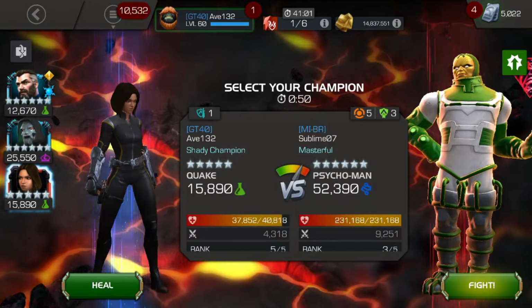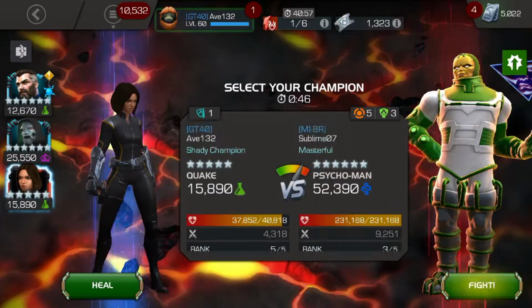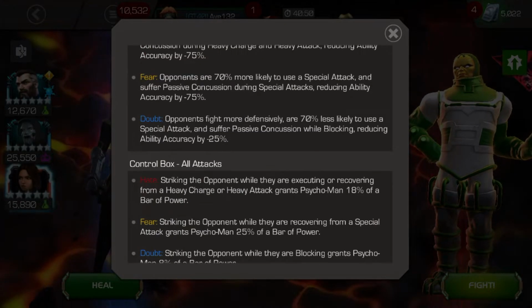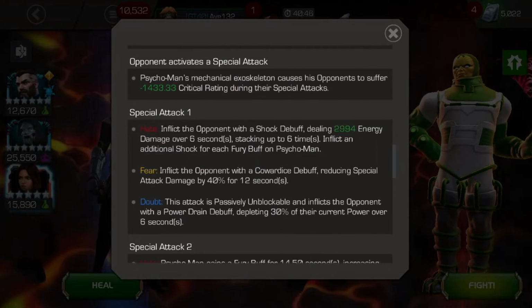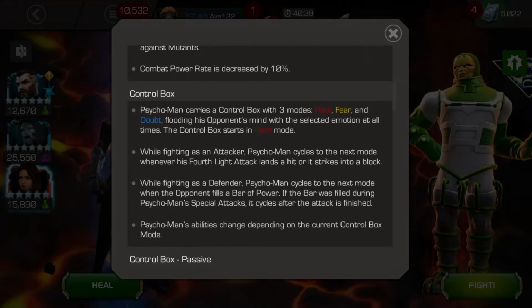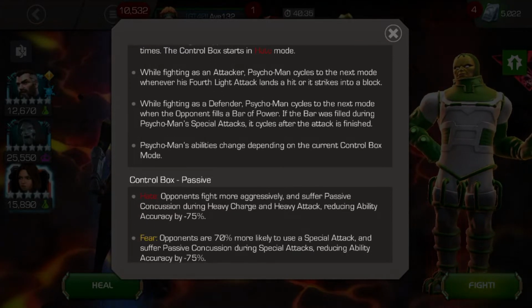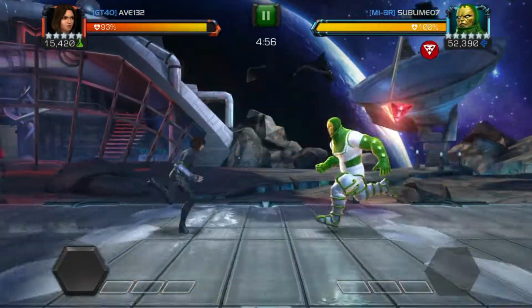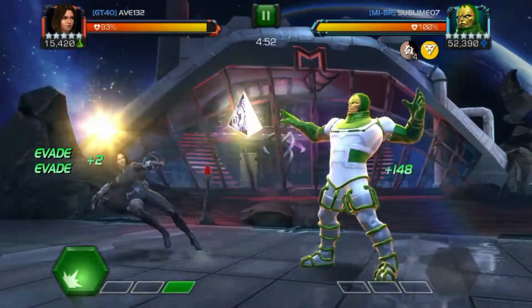I should have done this afterwards, and then I go and check his abilities, because the way Psycho Man works is on attack you have to end in a light attack, but on defense every time you gain a bar of power he switches his stance. The stances are block, special, and heavy. This one he starts on his heavy attack, so if you're holding a heavy attack you gain a concussion and